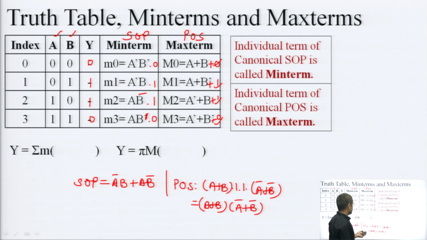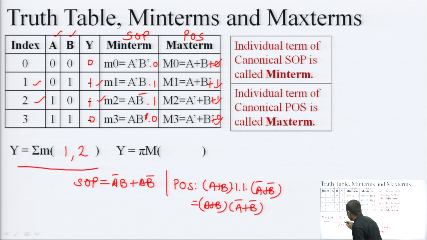Okay. So, this is the SOP and POS expression obtained from this truth table, and this is how these minterms can be numbered. This is the index: 0 0 is equivalent to 0, 0 1 is equivalent to 1 in decimal, 1 0 is equivalent to 2, 1 1 is equivalent to 3. So, if I denote these terms by their positions or their decimal equivalents, I can check this column, I am having 2 ones. These 2 ones are at positions 1 and 2. So, 1 and 2 are the minterms, and this is the standard way to represent a minterm expression.